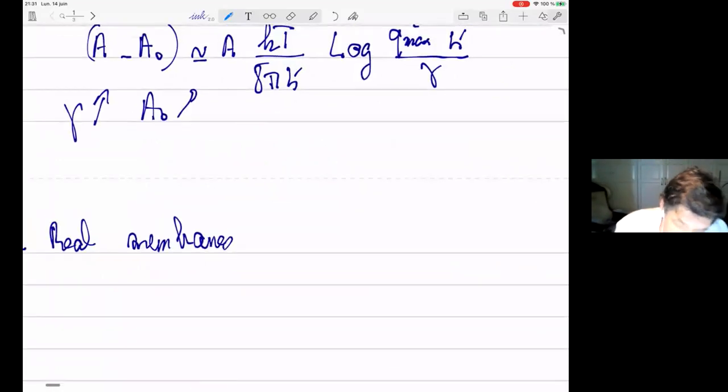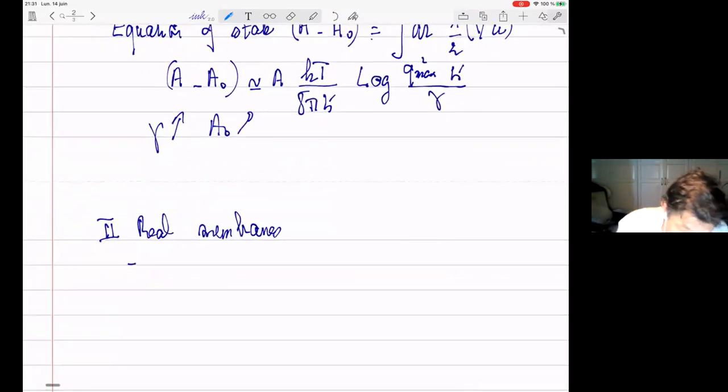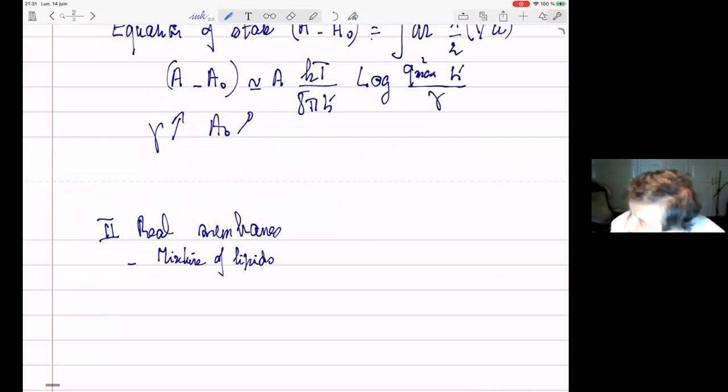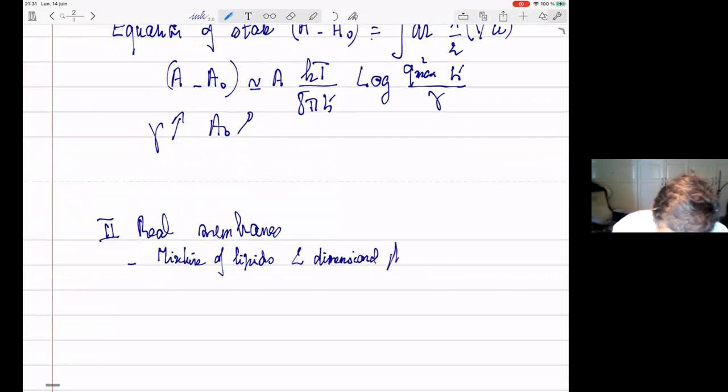The first one, and I'll be very fast with that, is that the lipids are not homogeneous. It's a mixture of lipids. And these lipids phase separate, so there is two-dimensional phase separation between lipids. What it means in practice is that you have regions where you have more of one lipid and regions where you have more of other phospholipids.